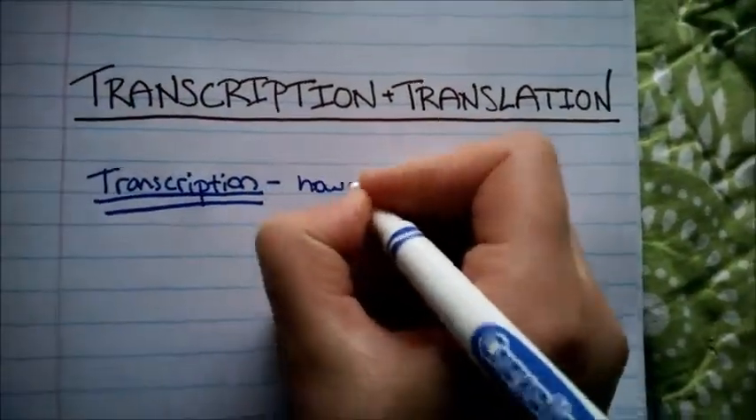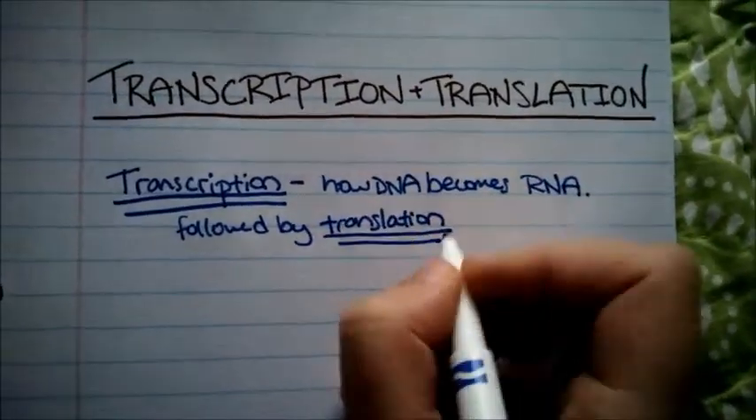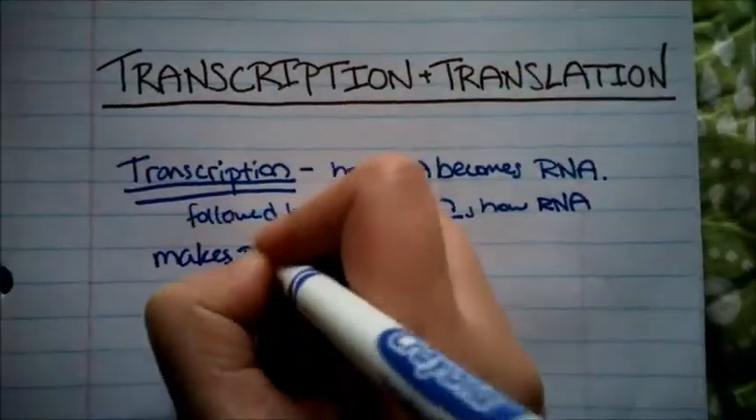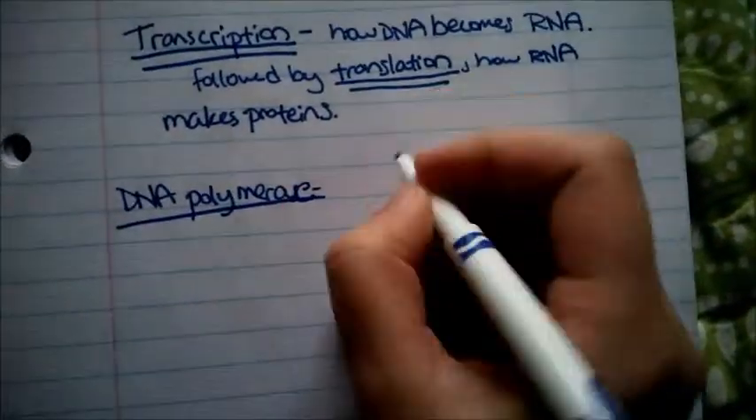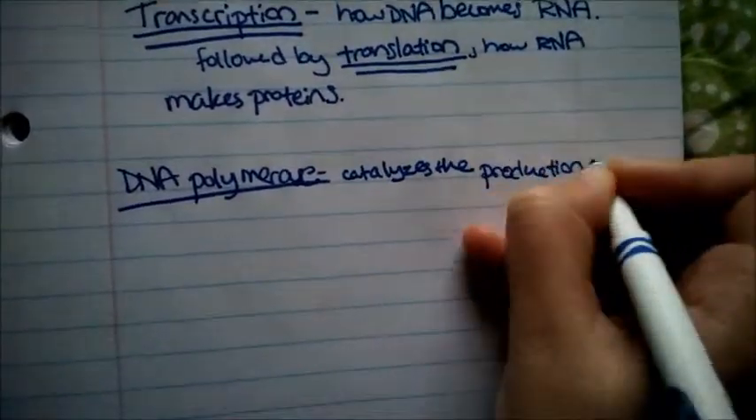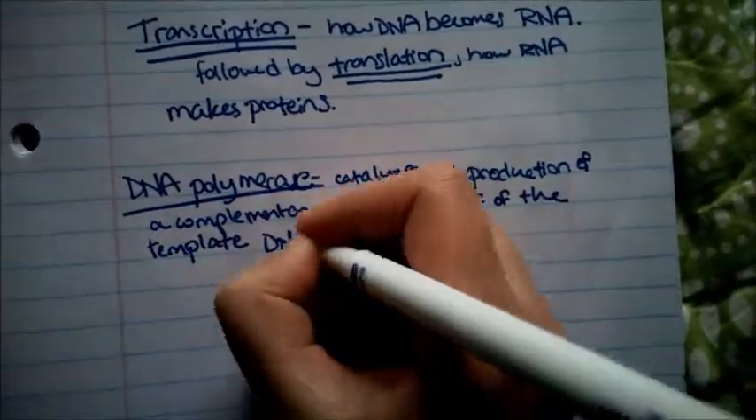Transcription and translation. Transcription is how DNA becomes RNA, and it's followed by translation, which is how the RNA makes a protein. This happens at the ribosome. DNA polymerase is an enzyme that will catalyze the production of a complementary RNA strand off of the template DNA